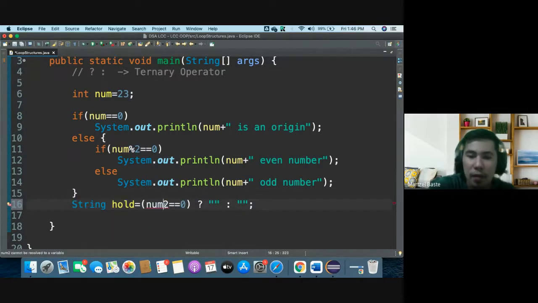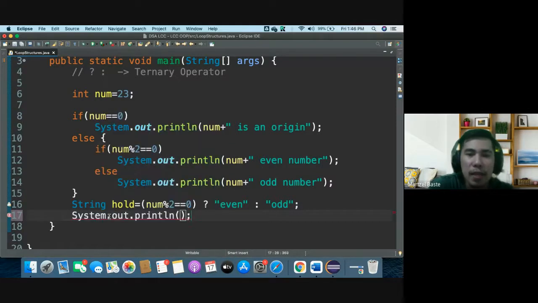Okay, wait for a while. And then we display num is an origin or something like that, but we can do without num. Later, we'll put it outside. Add even, rather. So we have here add number. Okay, so with this, we can now simply put the hold variable here inside of our System.out.println